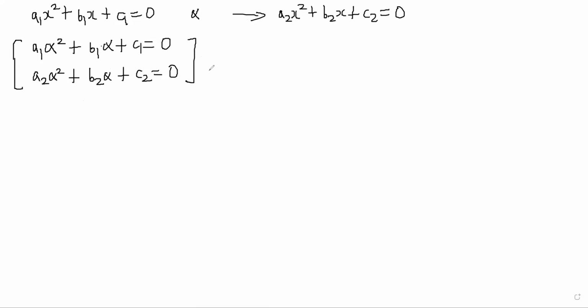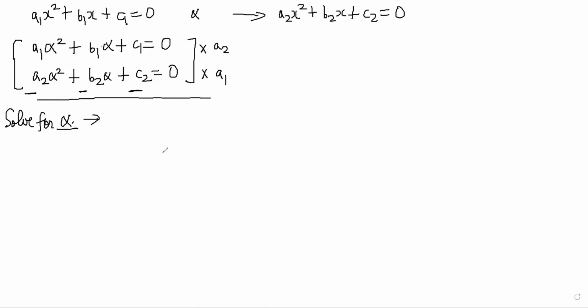Now these two equations, I will manipulate to get some results. So first what I will do is solve for alpha here. Solve for alpha means I have to remove this alpha square term somehow. These are two equations in two unknowns. Let's think about alpha square as another unknown, and alpha as an unknown. So I can solve these equations for alpha, no? Linear equations these are. So what I will do is multiply the top equation by a2, multiply the bottom equation by a1 and subtract.